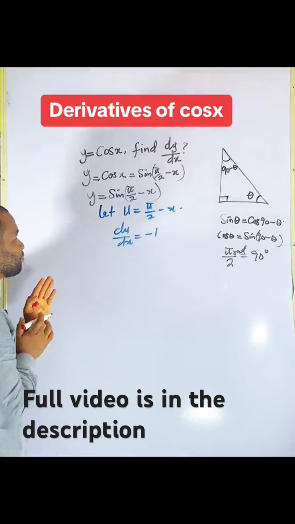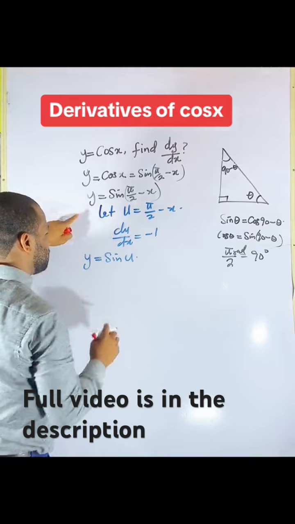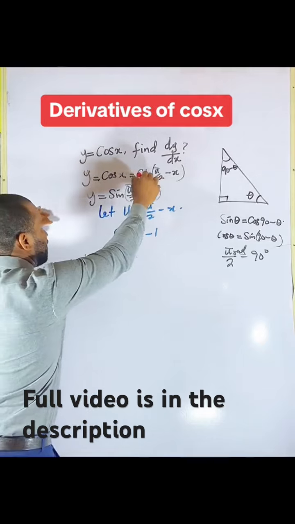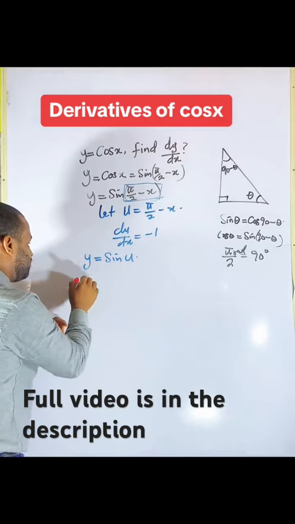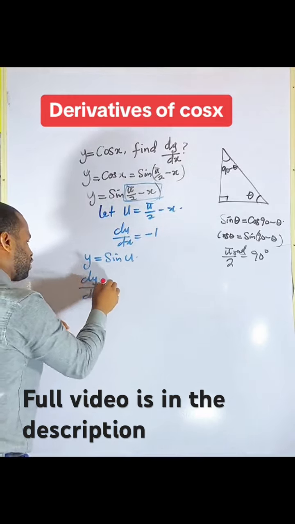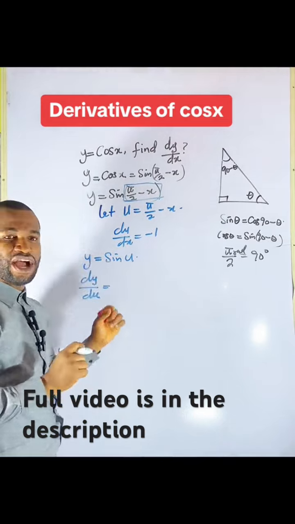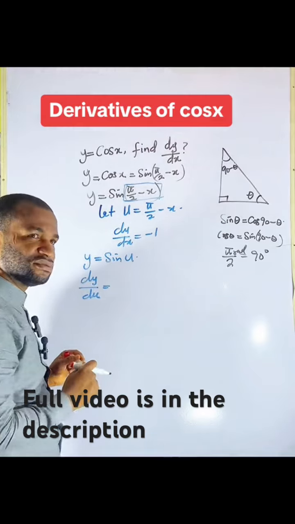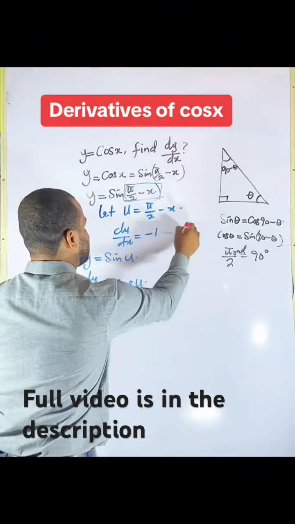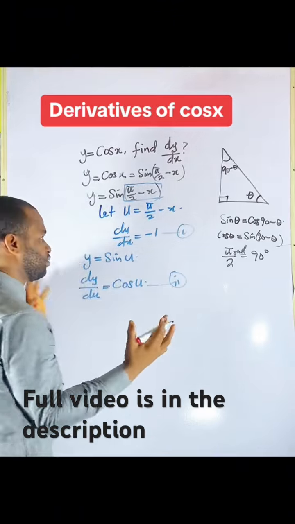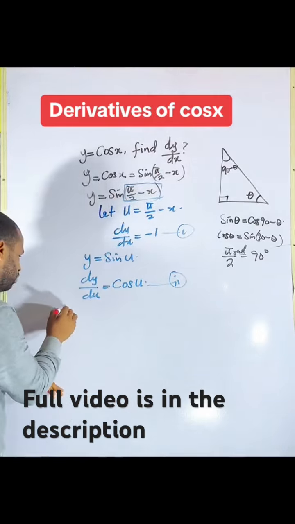All right, so the next thing I'm going to do is then y is going to be sine u. Remember, why sine u? Because everything here has been called u. So what else do I do? I will now say dy du is equal to, remember in my last video, I told you when you differentiate sine, you have cos. Yes, you now have cos u. And this is the first, and this is the second. So what should I do? I multiply all of them to have my dy dx. Remember, that's what I'm looking for. So we have dy